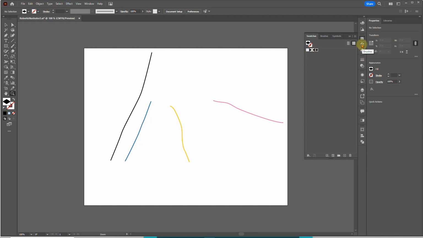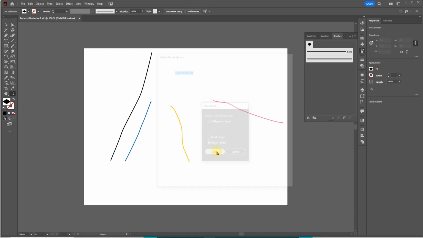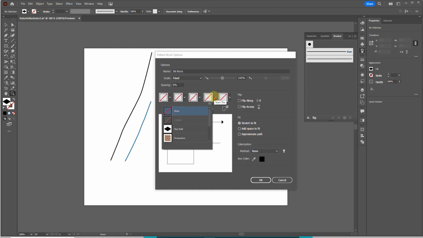You now need to open up the brushes panel, and we're going to make a new brush. So just click right here for the plus, and we need to make a pattern brush. Okay. And we're going to call this Ski Runs. So right here, how do we want it to start? So let's click on that and go down and find